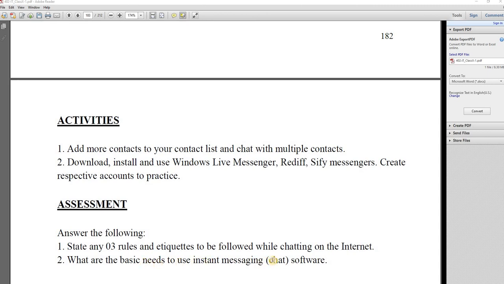Basic needs to use instant messaging. क्या ज़रूरत है हमें instant messages करने की? Because so that we can transfer the files, we can have a video call, we can have the voice call, ये सब चीजें हैं, and moreover you can send your messages instantaneously and you can have their response instantaneously. आप एक साथ बात कर सकते हैं, real time में कर सकते हैं. So all these things are related to this instant messaging software.